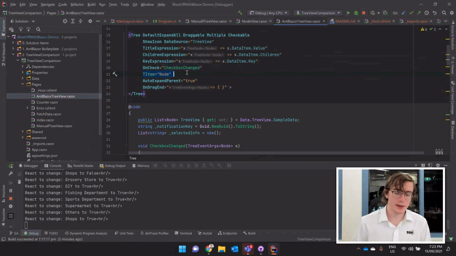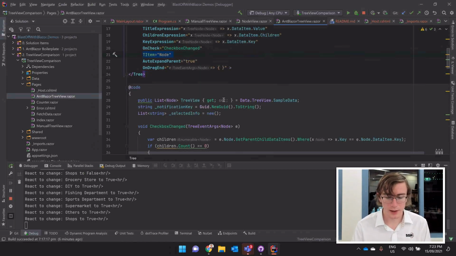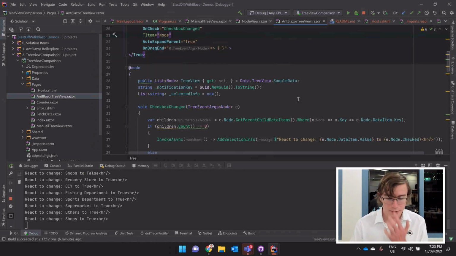This T item is actually telling you the type of this generic component. So AntBlazor uses generic parameters on Blazor components, which is a lesser known feature, but it's very useful, especially for big libraries with cascading parameters that jump down, say from a table to its columns. You can have your type constraints, but sometimes the syntax doesn't detect the type, so you have to put it in manually sometimes. So in this case,